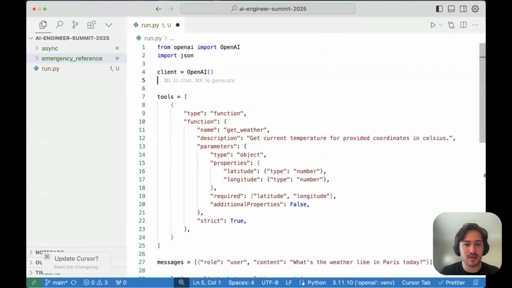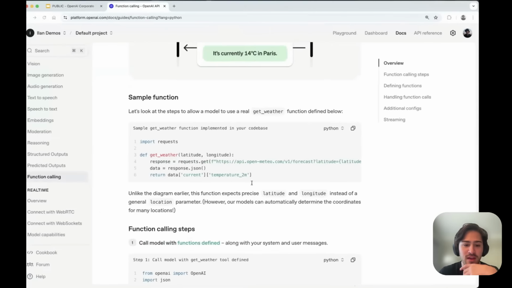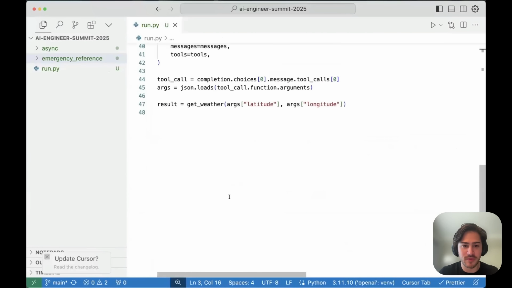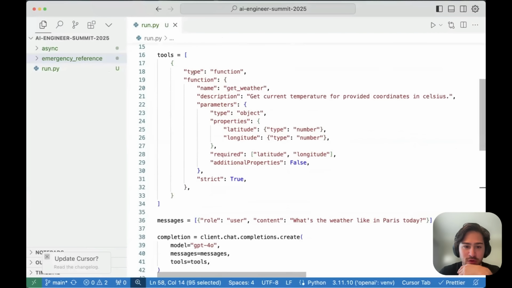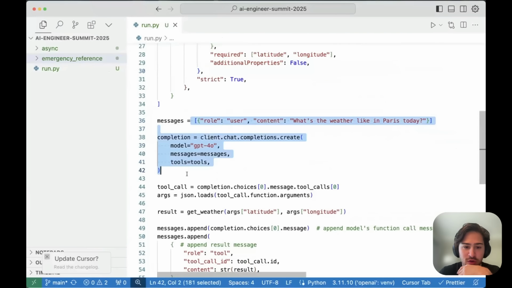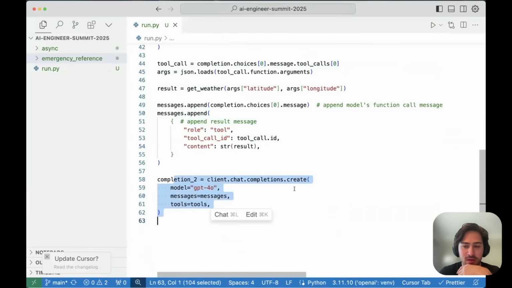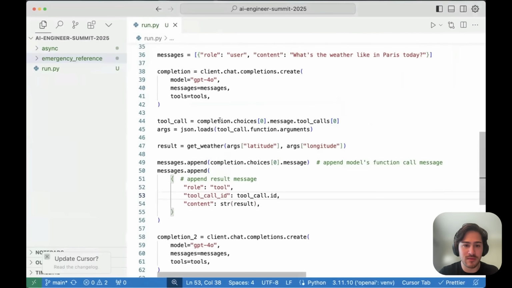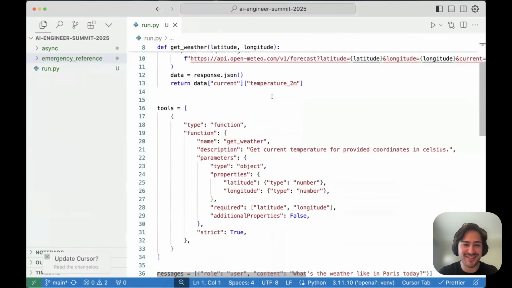So have it up here, get weather, requests, and then the last step is we provide the result back to the model. Provide the result back to the model, and then ask for a completion, right? So just in order, specify the tools, call it the first time, get the tool calls, parse them out, call the function, append, and do that, right? So if we do that, and we just add, I'm gonna do this by hand.